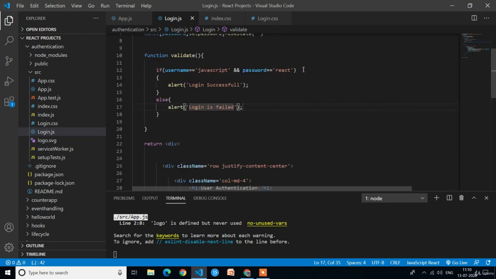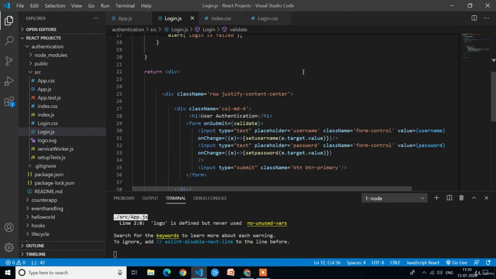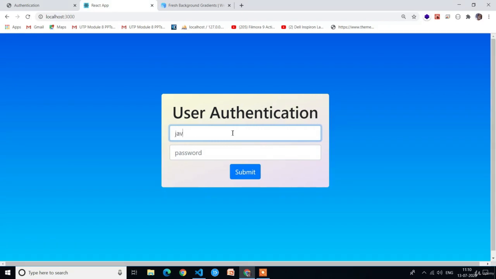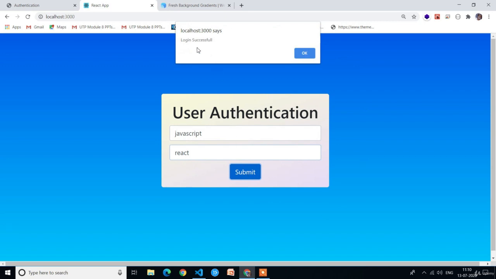Now let's go back to Google Chrome and we will verify it by entering the values. Here you can see this is the output. First I will enter the valid inputs. Username is JavaScript and the valid password is React. Now I will click the submit button. It should show the alert with the message login is successful. Here you can see we got the alert with the message